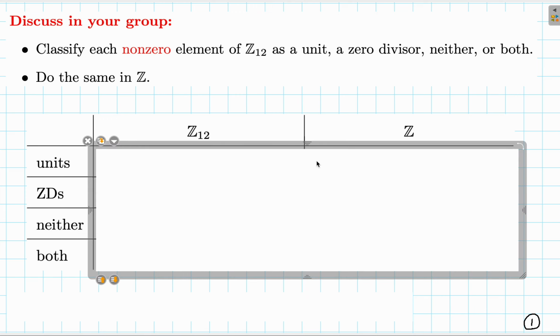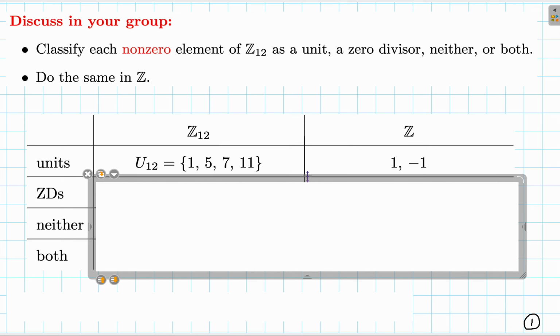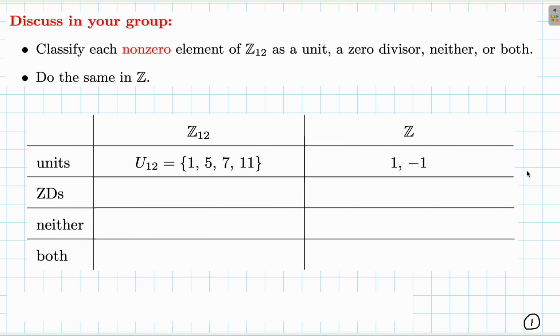Let's start with the units. Recall that units of a ring refer to elements that have multiplicative inverses. So for Z12, it's the elements of U12, namely 1, 5, 7, and 11. It turns out that each of those four elements is a self-inverse. So for example, 1 times 1 is 1 mod 12, 7 times 7 is 1 mod 12, and likewise for